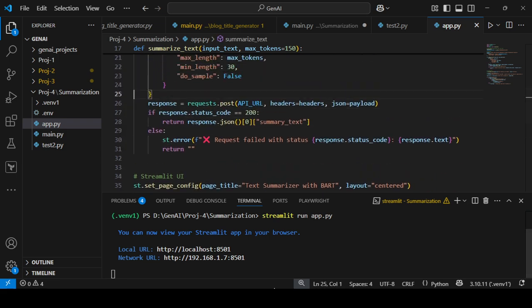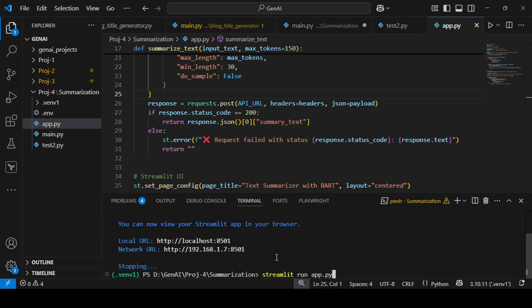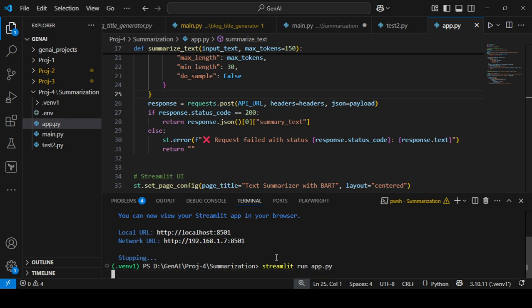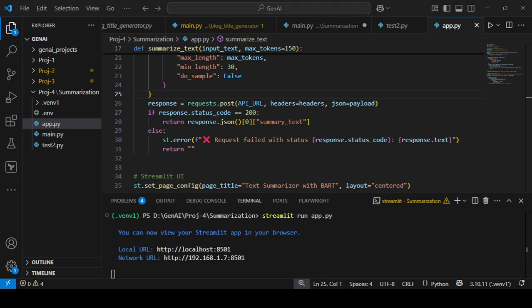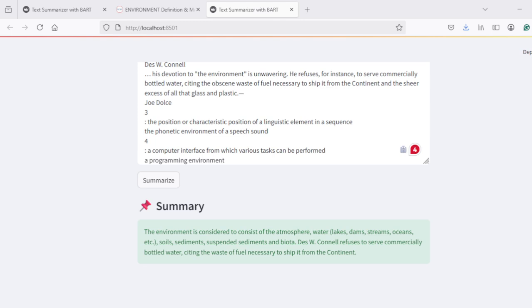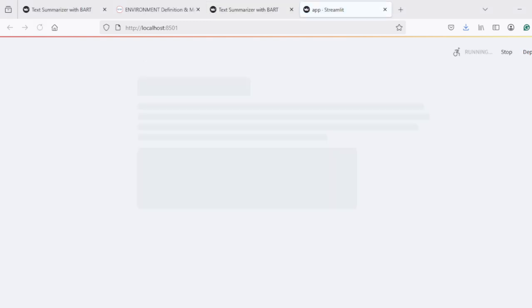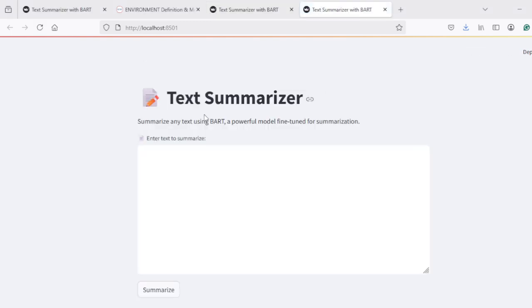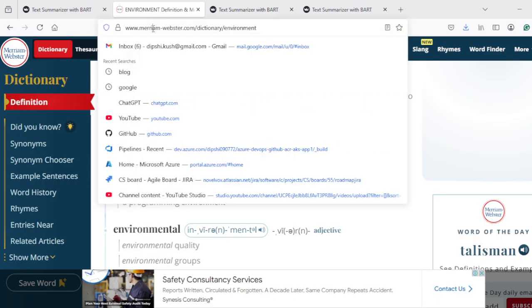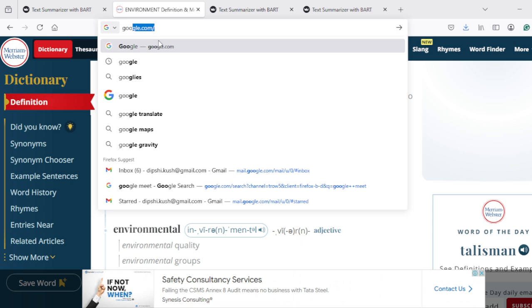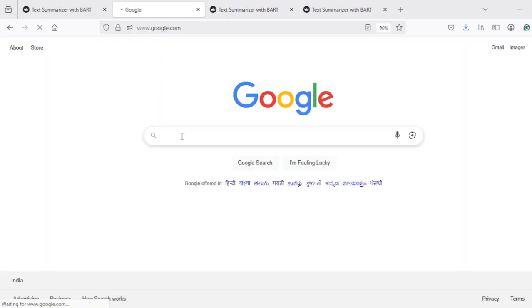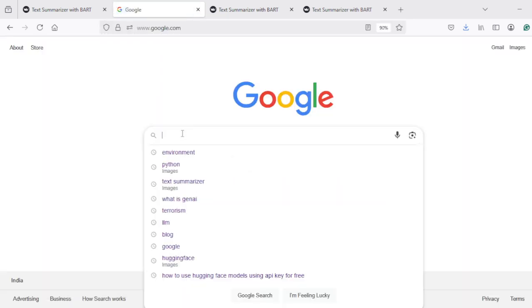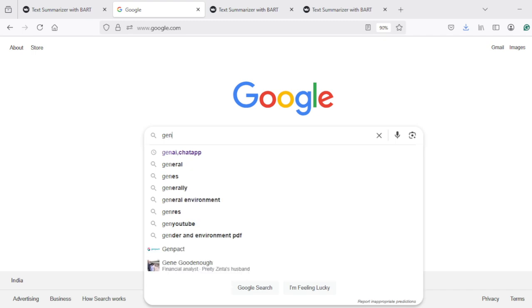So let me rerun this code so that you can see again. Enter. So now see. Now let me do a Google search and enter some other sentences, some other paragraph. Okay, let me take Gen AI.